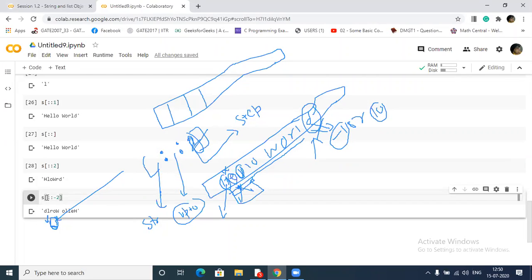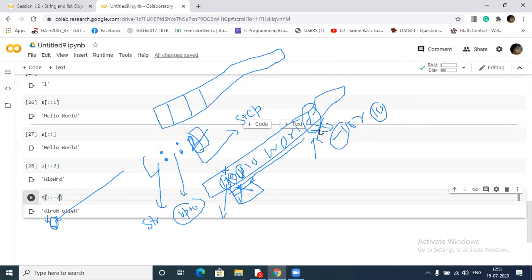Since we have not passed anything for the starting point or for up to where you have to go, and I have passed only a step size, but this step size is negative, whenever it finds a negative step size, it will set the counter in the reverse direction.